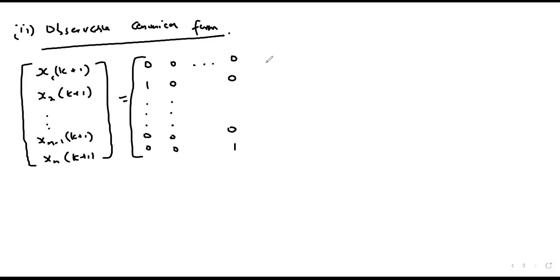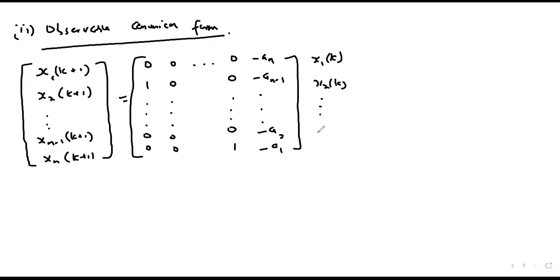And the last column will involve negative an, minus 1, all the way up to negative a2 and negative a1. All this multiplied by x1 of k, x2 of k, all the way to xn minus 1 of k, xn of k,